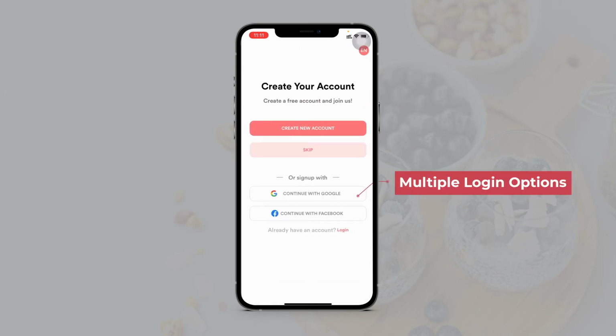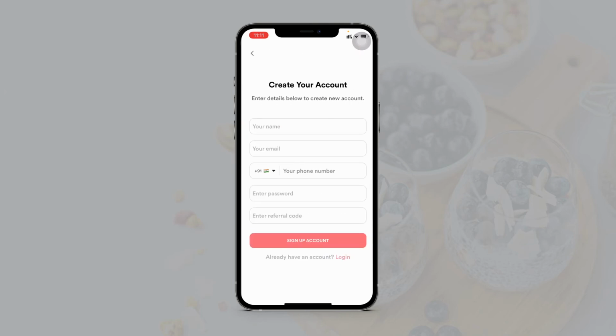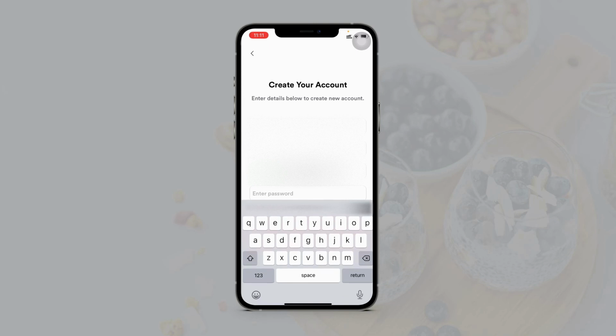So here, if you are a first time user, you can create a new account or you can sign up using multiple options, for example, your Google account, your Facebook account, Twitter, Apple ID, etc. If you are an existing user, you simply have to click on login. So let me show you the sign up process as a first time user. So click on create new account. Here you can enter your details such as your name,